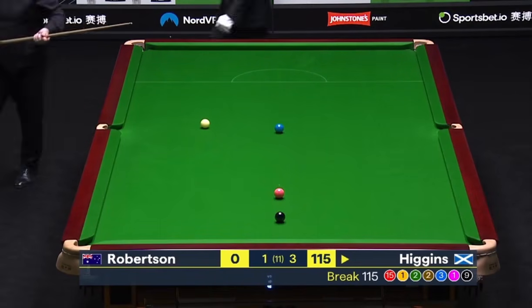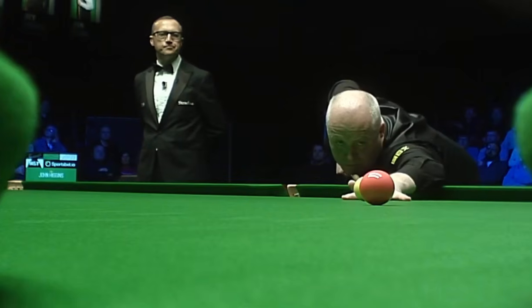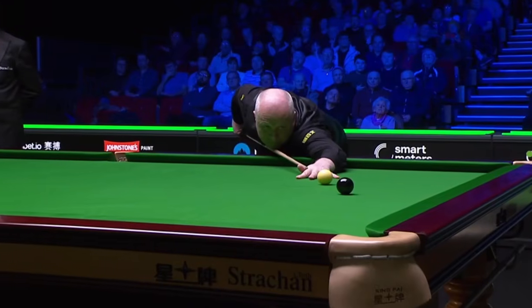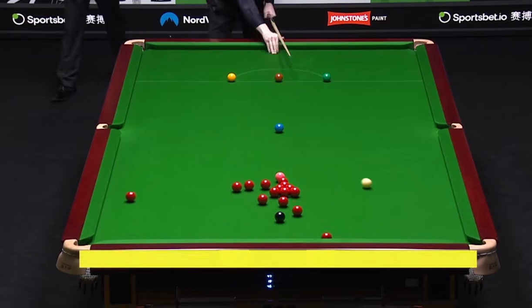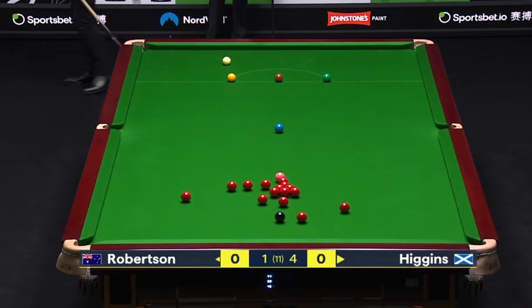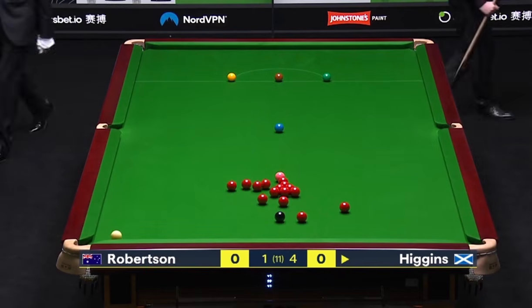115. But what a quality break this has been. Career century 1056. 126. Total clearance with the black. 133 from John Higgins. Players like this, you're never quite over the line, are you, until the match is done. You know, you can never count your chickens. No, exactly, Dave, because, you know, Neil can rattle off a couple of frames in a quarter of an hour and all of a sudden...